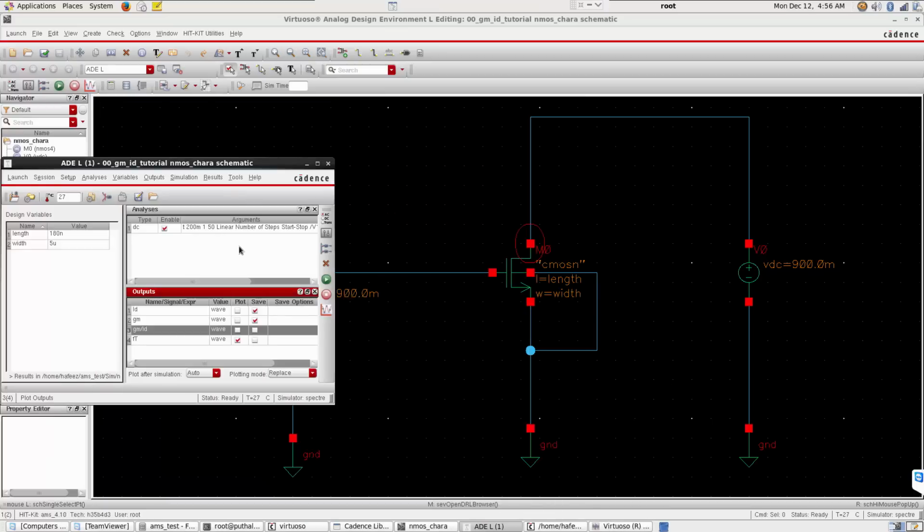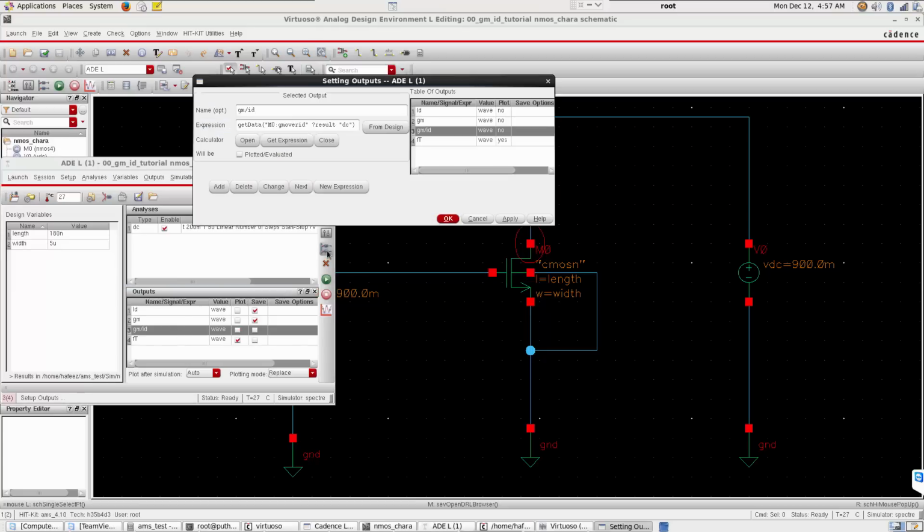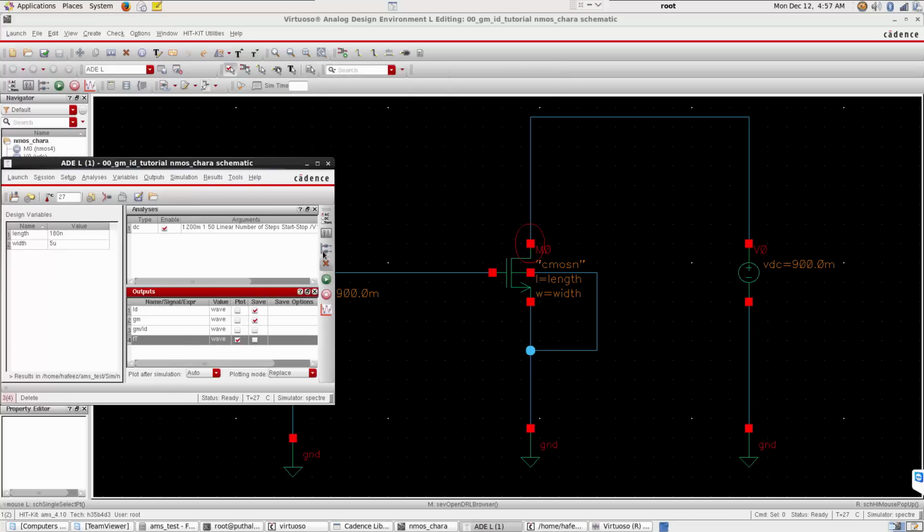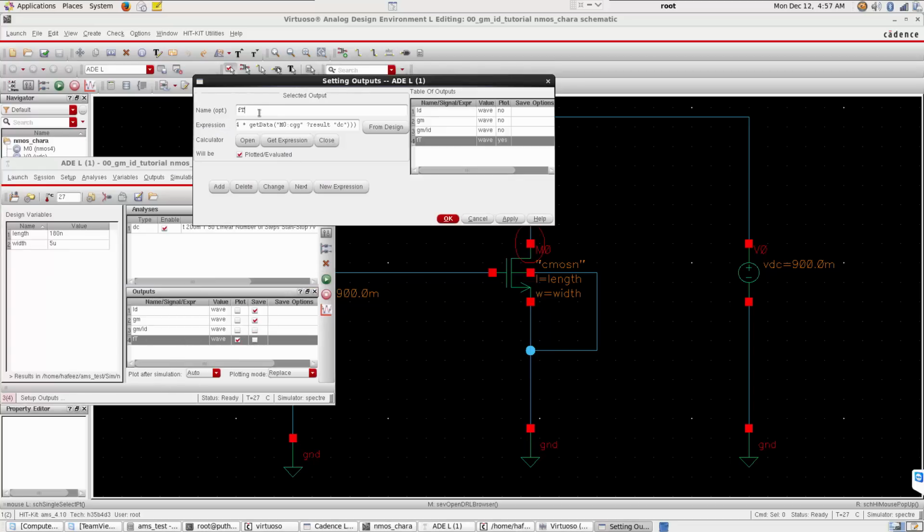Next parameter we need FT into GM over ID. FT into GM over ID is the next parameter that we are interested in. So we already have the GM over ID expression, so copy that. We already have the FT expression also. So FT into GM over ID,